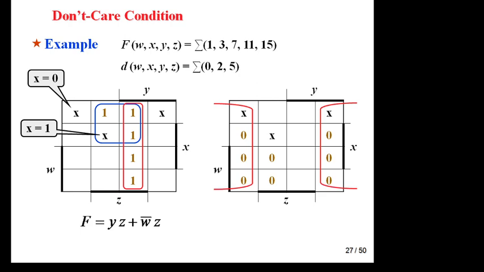Okay, for POS, suppose this is the question. In case of POS, again first try any grouping with the help of these 2 x, you can make one octet. Okay, this octet and this octet. Okay, and one more quad is possible, this quad. Okay, now we will see some more examples.